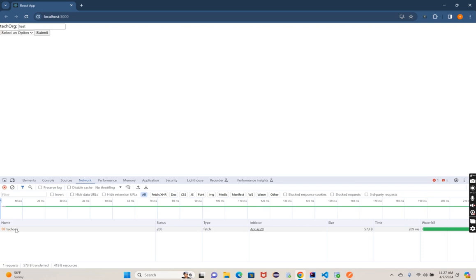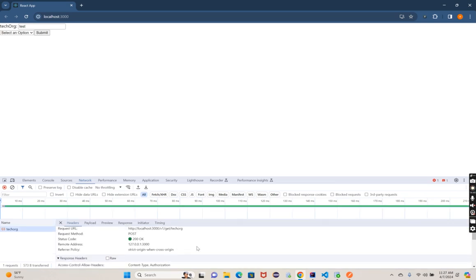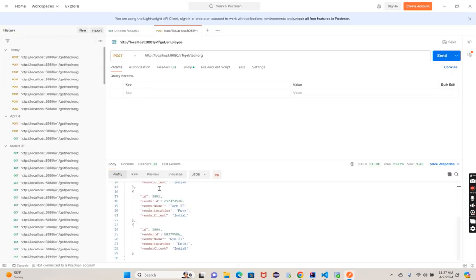The call is done. If you see down here in the developer tool, the network tab, you can see this call. The call happened, and it returns 200. Now if you click open this drop down, you will be able to see 4 records here: Mumbai, Bombay, Pune, and Delhi, which you saw here in this Postman